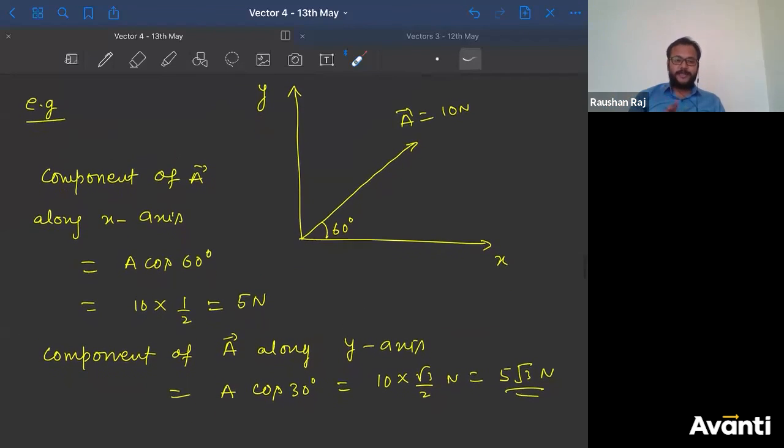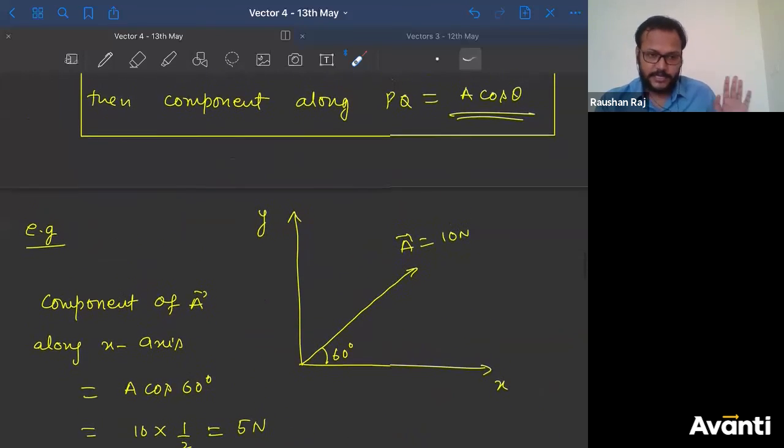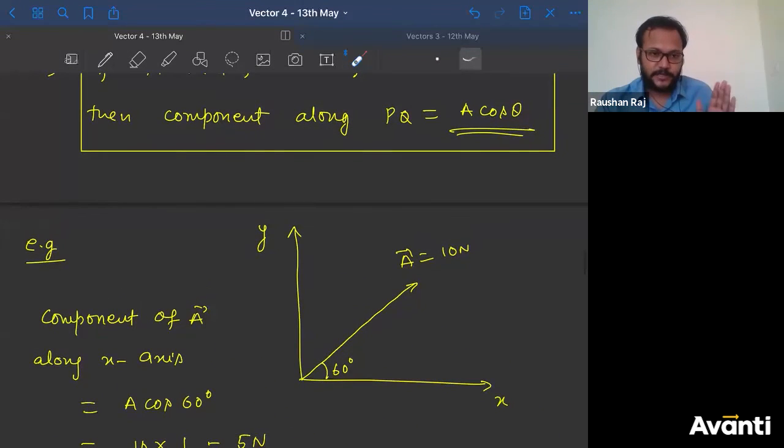Next class we are going to extend the discussion of component for x-axis, y-axis, component along x, component along y. What are the unit vectors along x-axis? What are the unit vectors along y-axis? ठीक है? How can I write a vector in form of summation of their Cartesian components? वो सारी चीजें हम लोग next class में पढ़ेंगे. ठीक है? Till then यही तक पढ़ना है. So please revise this. सब पूरा अच्छे से revise करो.